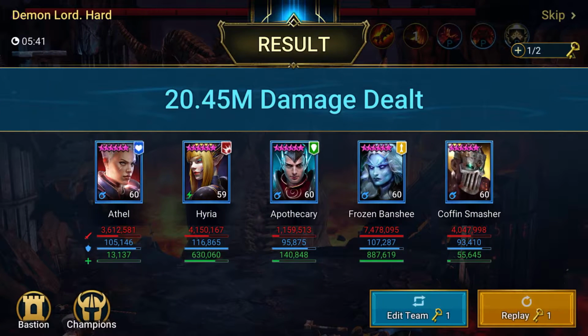All right, this is what my end result was of the clan boss battle I did with her. This is on hard, and I got 20 million. This is an all rare team. In fact, there's no voids, so it's all rares, no voids. You even have a starter champion in there. Frozen Banshee,